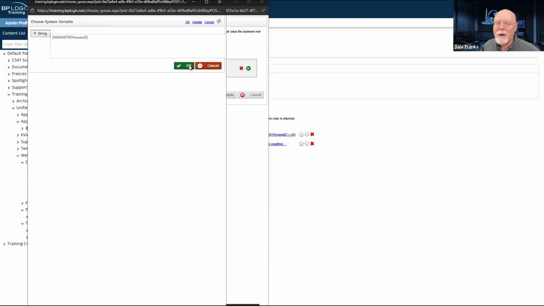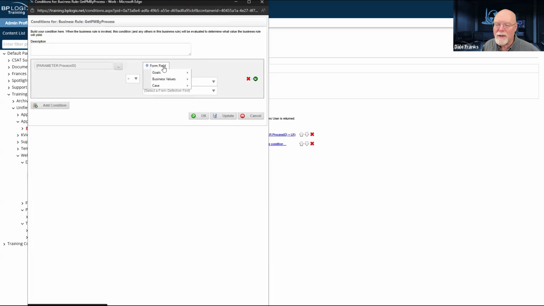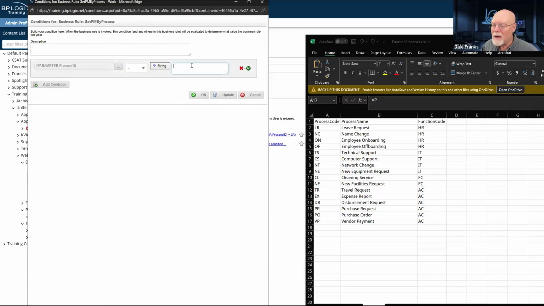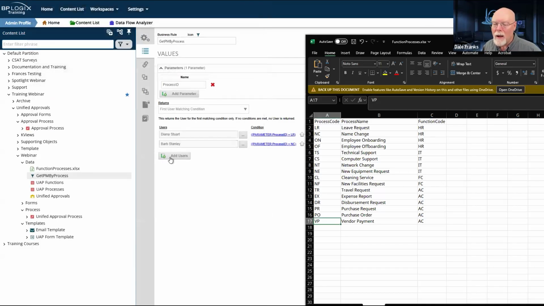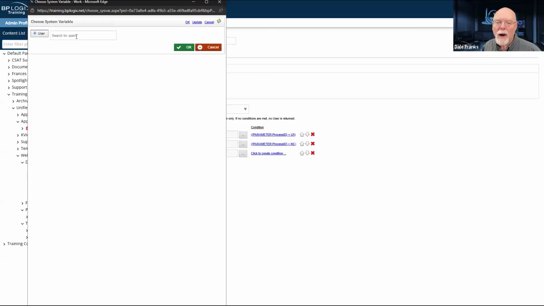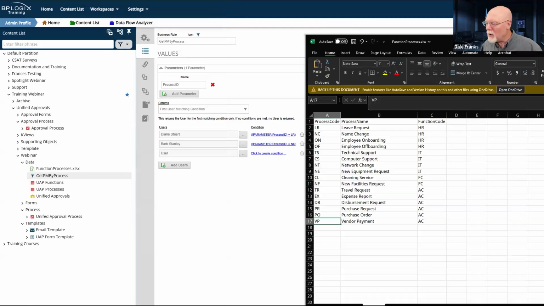And we have to know whether our parameter for our process ID, in this case, more HR stuff, will be a name change. So again, we'll go to string, and NC is the code for that. And we just repeat this process over and over again, selecting different users until we get all 17 processes.